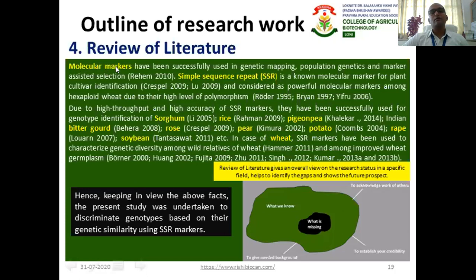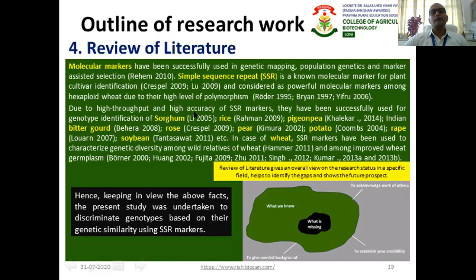First of all, they have given a review about molecular markers used for genetic mapping, population genetics, and marker assisted selection, and he has cited the names of scientists. Then in that, particularly, he has mentioned SSR markers. Those scientists who have worked on SSR markers have been cited here, and their work in short.